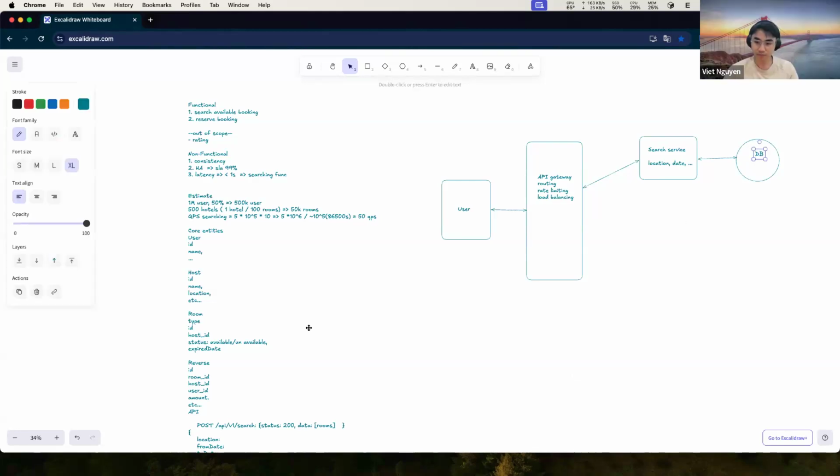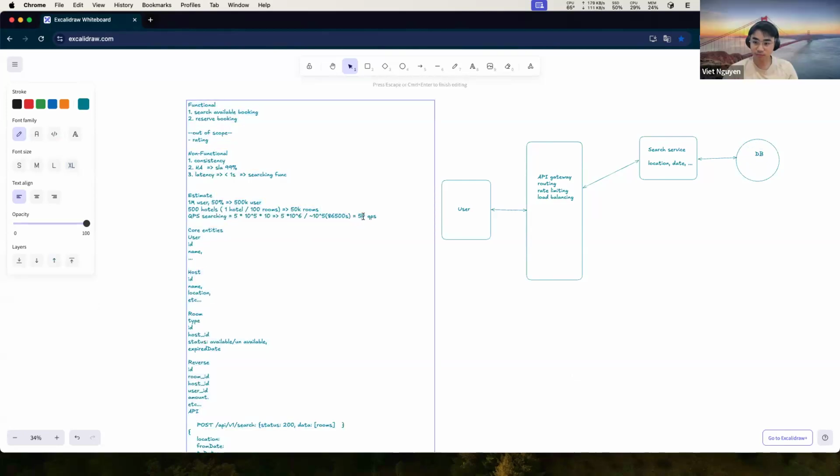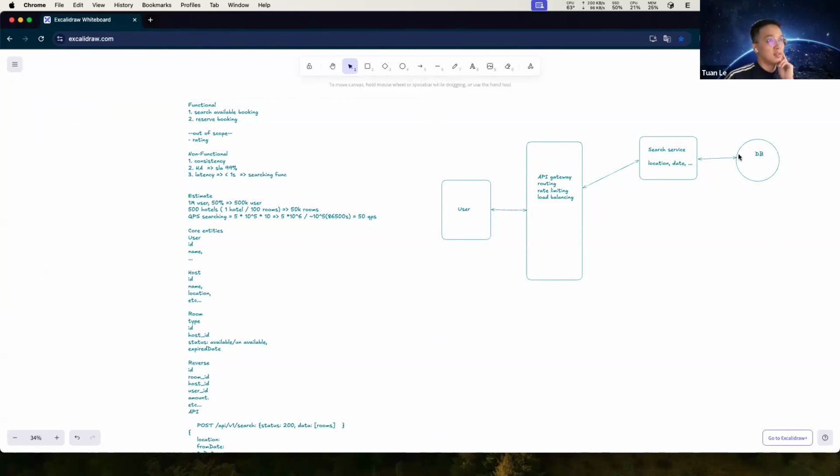But with something like 50 QPS, for search we can use an index like Elasticsearch.